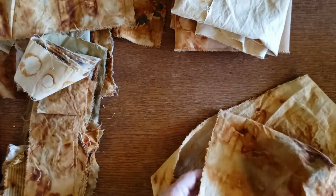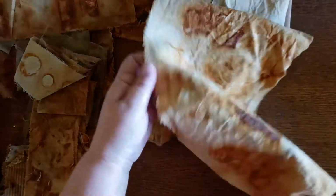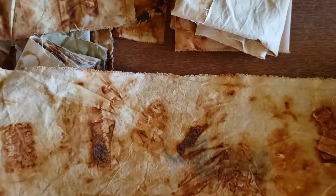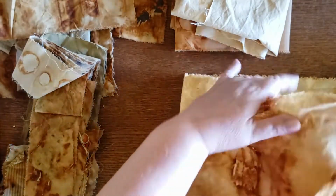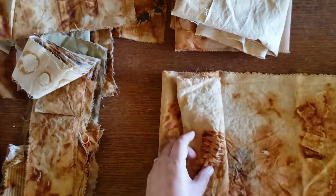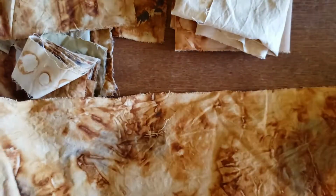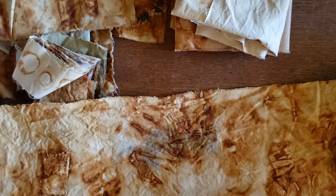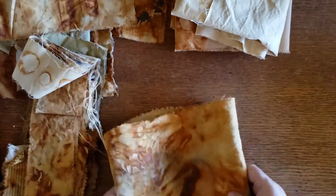This was linen. Linen just does amazing things with dyes and stuff like this. Look at all that juicy goodness. I mean, there's no way I can get all of this stuff in. Let's see, it goes sideways. Now this might make a nice journal cover. You know, I could see doing that. That would be a really nice journal cover. That's just about the nice height as well, but I'm going to be doing some slow stitching projects too, so that would be nice. And see, each side you get a completely different print, so could not be happier with